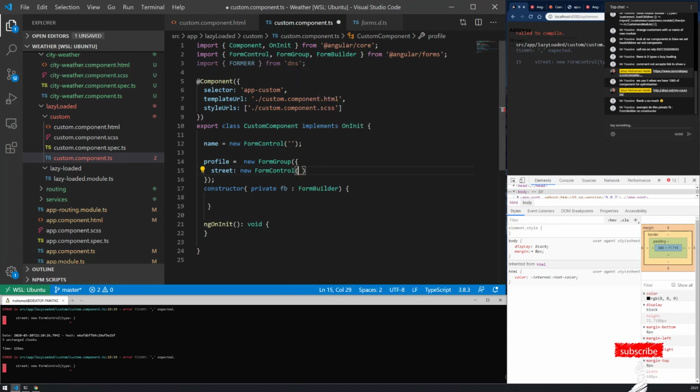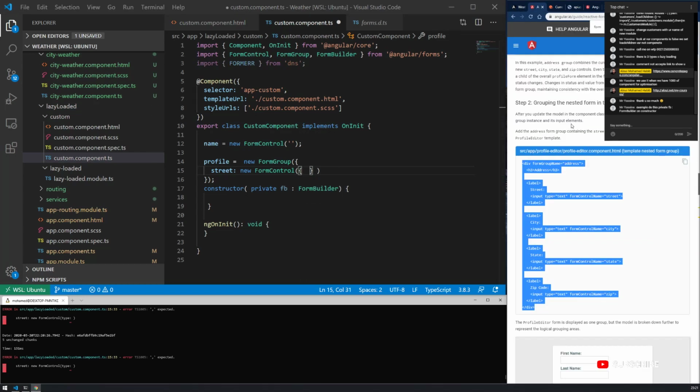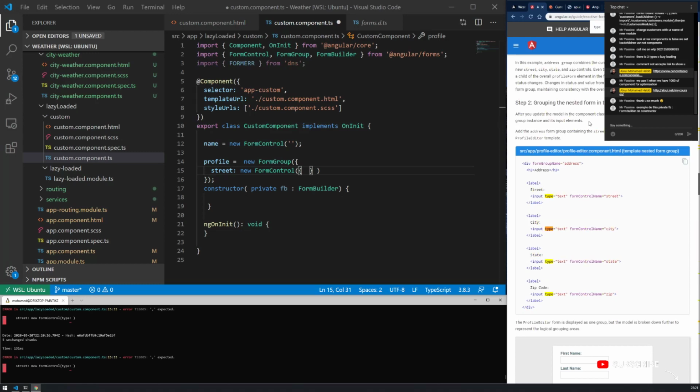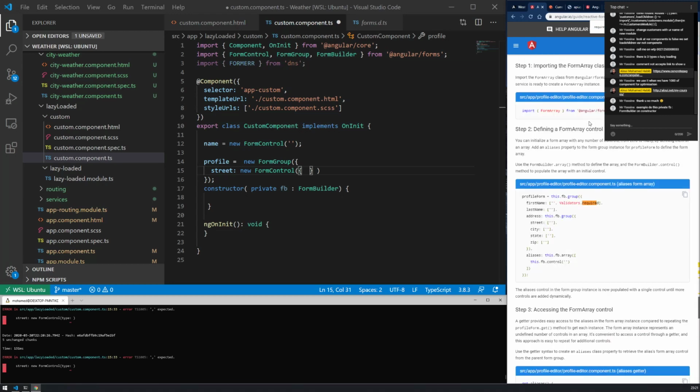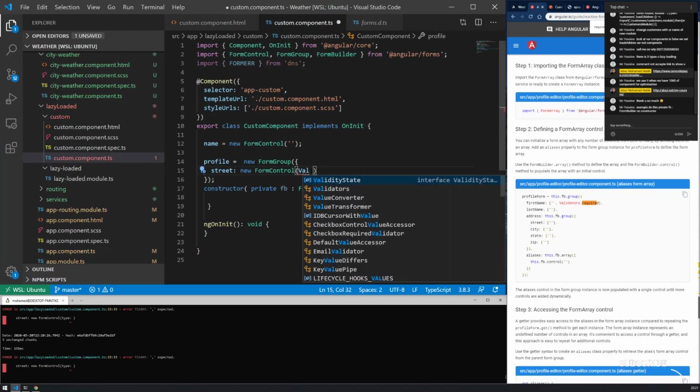So here, let's see if I can define the type of this. I think it was like this type. So it's validator. So it accepts an array. So this is a form group. I think here validators dot